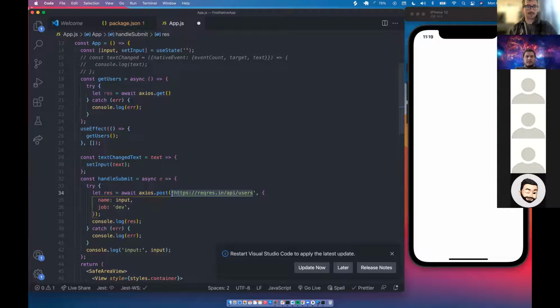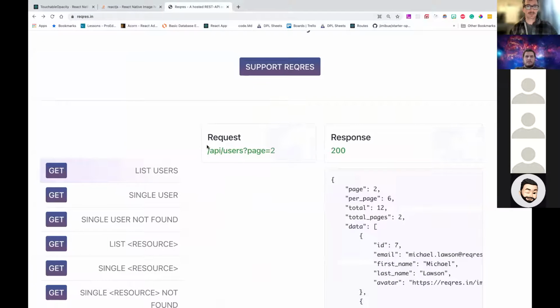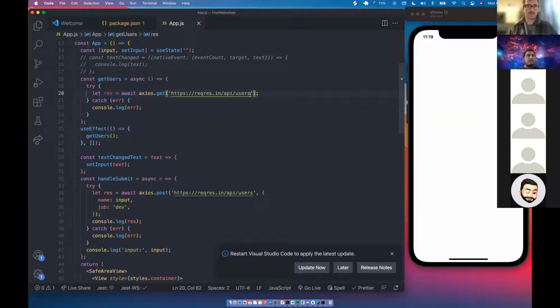And I think this is the same URL as the post, but it's a GET request. Pretty sure, yeah. API users, then we can give it a page. API users, question mark page equals 2. What is this question mark page equal to? What is the server going to get